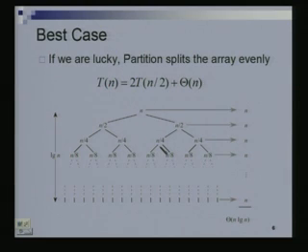So suppose I was lucky at every step, then how much time am I taking? Let's see, how much time did I take to divide this array into two parts, n by 2 and n by 2? n time, the size of this array. We saw the partition procedure took order n time. How much time did I take to divide these arrays of size n by 2 into two parts, n by 4 and n by 4? n by 2 here and n by 2 here, so that it becomes n. Then to divide these into n by 8 and n by 8, I again took n by 4 here, n by 4 here, n by 4 here and n by 4 here, so that's also n.